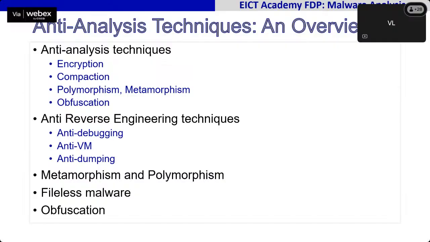So if we look at anti-analysis techniques, an overview of this, generally malware writers will be using encryption. This is very widely used technique. And then compression, polymorphism or metamorphism, and code obfuscation. Now, encryption has a problem that there has to be a key which can be used for decryption, and malware writer has to provide a mechanism of ensuring that this key or the correct key is actually delivered to the